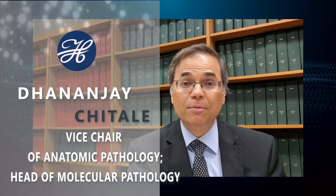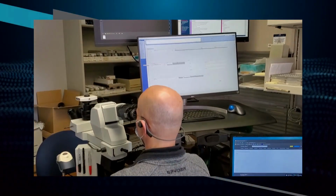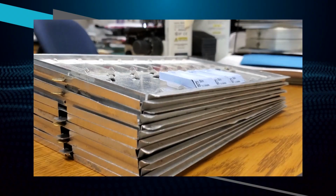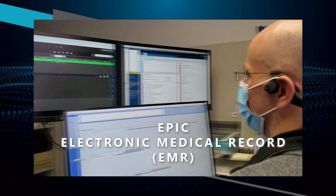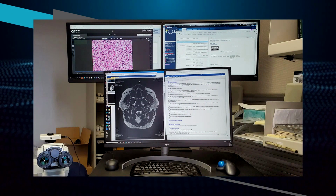I'm Dr. Dhananjay Chitale, Vice Chair of Anatomic Pathology and Division Head of Molecular Pathology and Genomic Medicine. I'm going to briefly walk you through the case sign-out process. Our sign-out process is completely paperless, and each pathologist has a sign-out cockpit in their office. The front-loader system drives individual assets, namely blocks and slides that are labeled with unique barcodes. The pathologist first scans the barcoded slide to bring up the case in the LIS, then image analysis software and the Epic electronic medical record. After confirming patient identifiers, site, procedure, and clinical information, the gross description is correlated with digitally annotated specimen, Faxitron